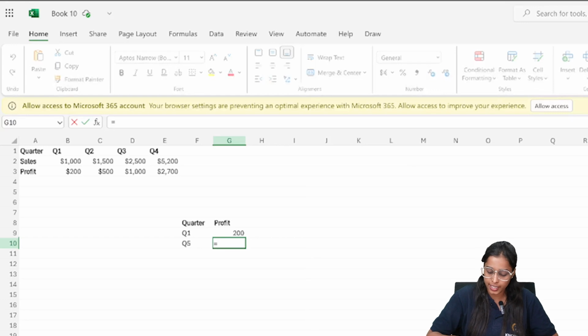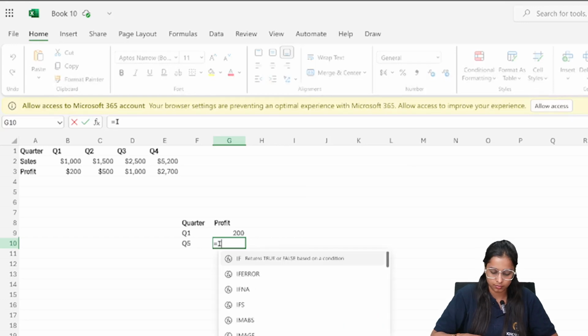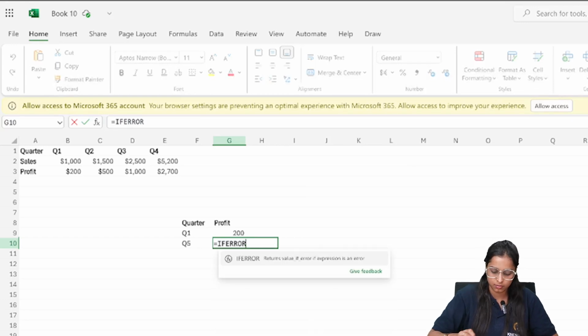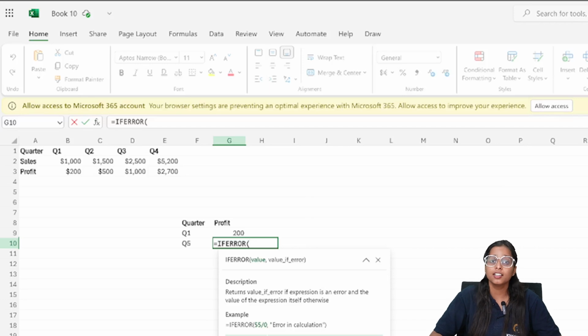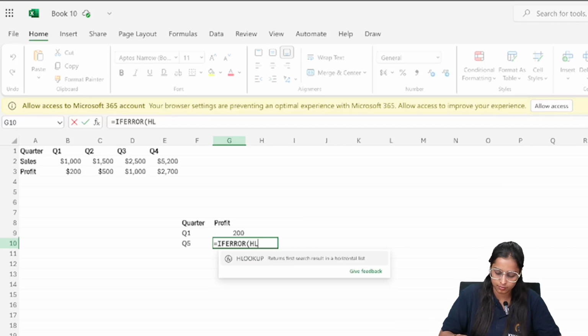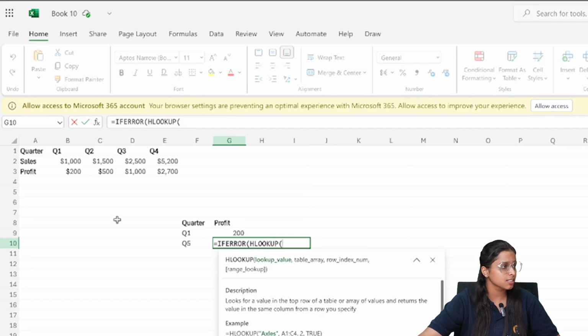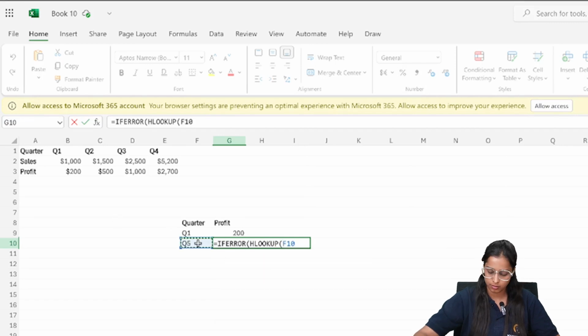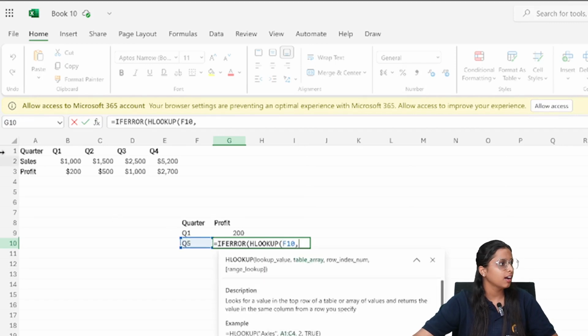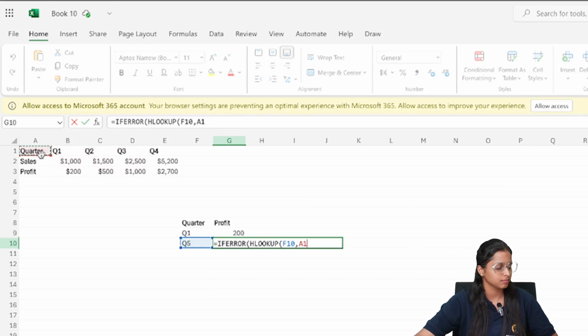So we'll write IFERROR. Then we need to enter the lookup function and repeat the same process. The value, then our table array,